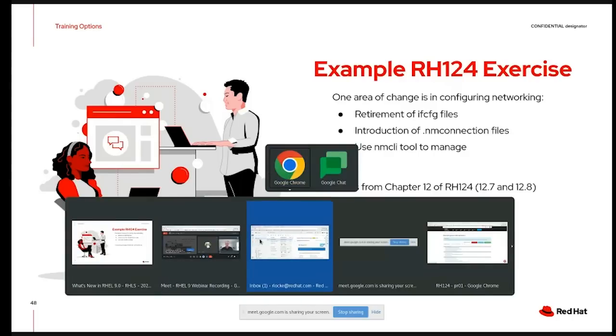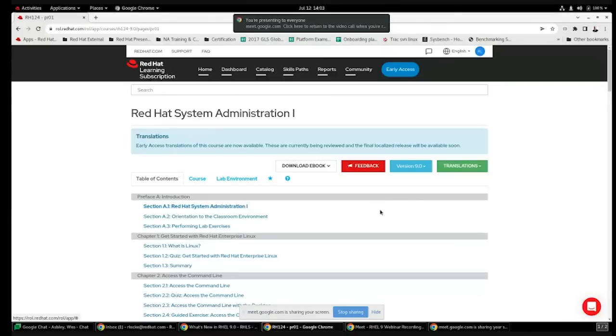So let me hop over to this screen. And what I've done is I've gone to rol.redhat.com, which is our learning subscription portal. And I've already searched for and found Red Hat System Administration 1. And so from here, when I first go into the course, I've got a table of contents where I can